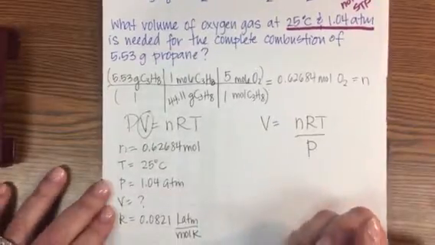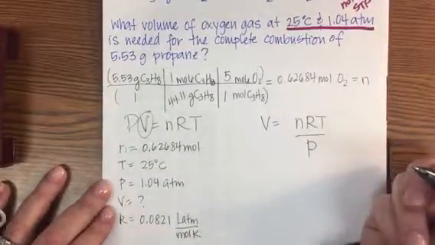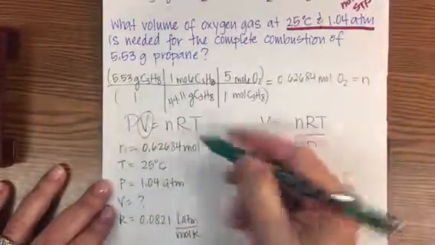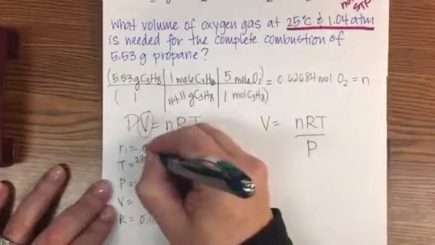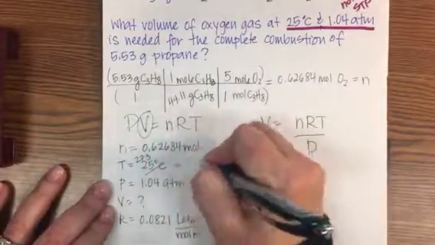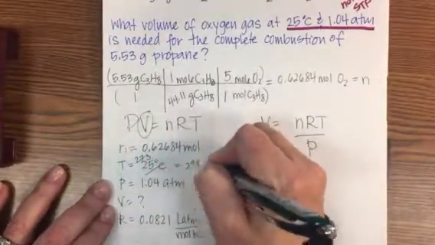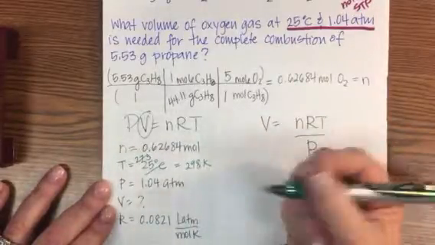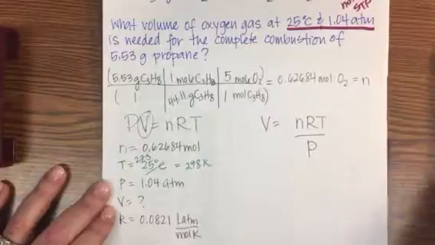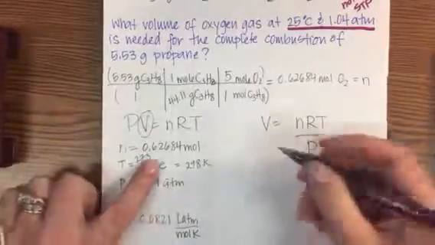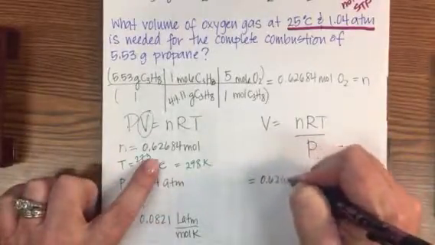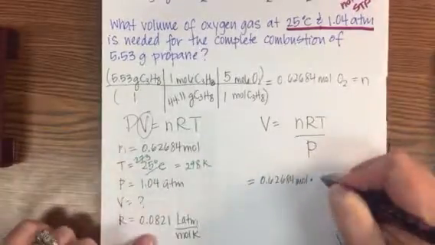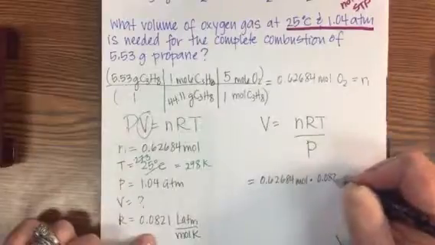All right, so at this point, what do you see that we need to convert? Well, moles is fine. We need to convert our temperature to Kelvin. So that's going to be 298 Kelvin. Atmospheres is fine. And we're ready to solve. So number of moles, 0.62684 moles times R, 0.0821 liter